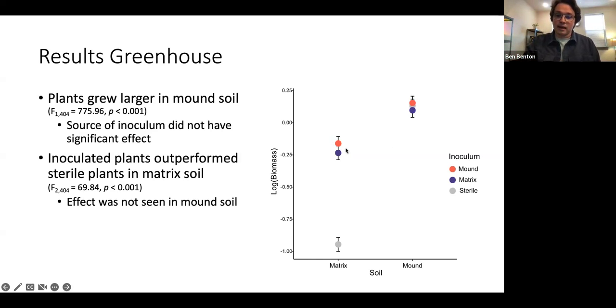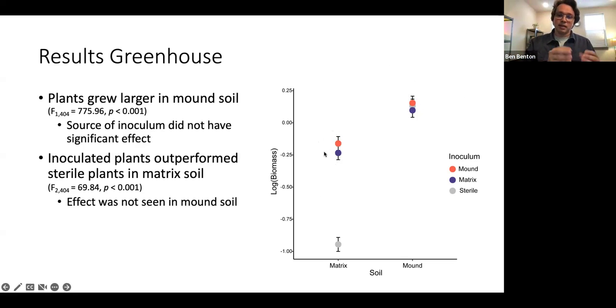So in the matrix soil, we found that inoculated plants grew considerably bigger than plants that were growing in just sterilized soil. And that's not an effect that we saw in the mound soil. So sterilized plants performed just as well as plants that were growing with a microbial community in the soil. But we saw that